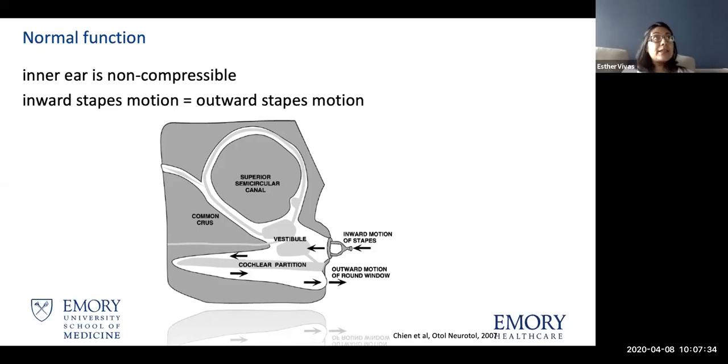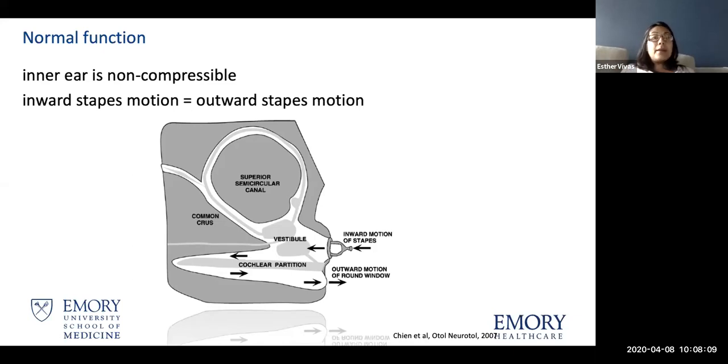That really is an integrity check for this particular route of energy that we're seeing here. Typically, if you palpate the stapes, you will see an outward motion of the round window. And after you do your stapedectomy, you can check for good position of your prosthesis by verifying the round window reflex. Not always possible. Sometimes that angle of the round window is not clearly visible, but whenever available, it's a